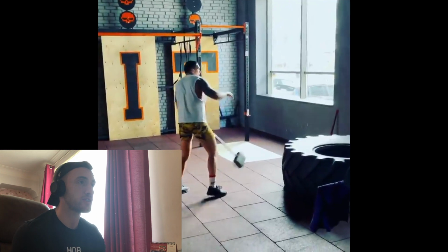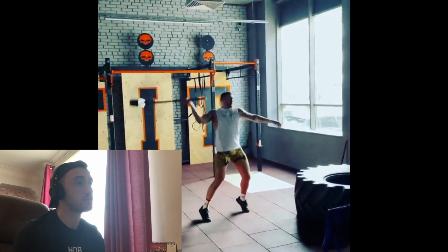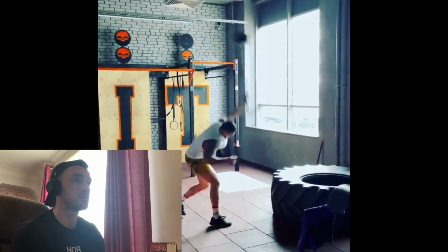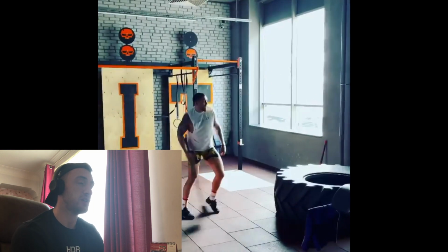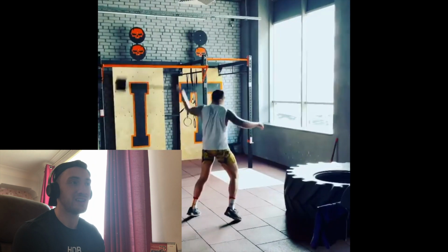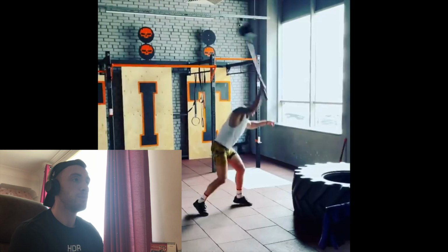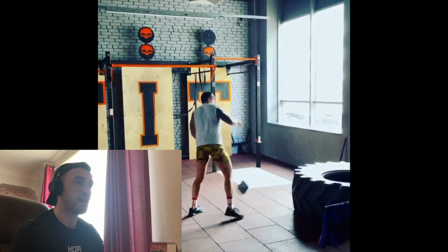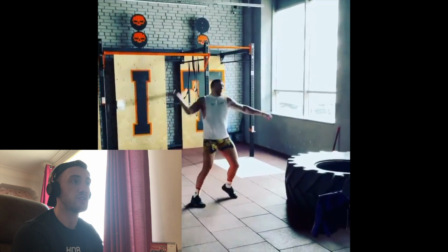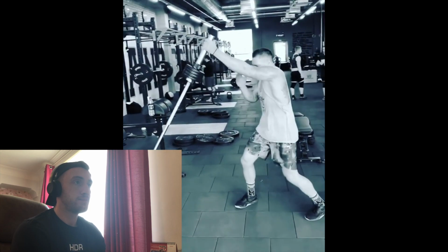Just the axe, but on the tire. Hammer on the tire, it works your power. Old school. And he's going to have to obviously bulk up for this fight. It's funny, he's probably trying to bulk up, whereas Joshua's probably trying to get leaner. But I think Usyk needs to just stick to his advantage of using his speed and his size. He is going to be obviously the smaller man, so